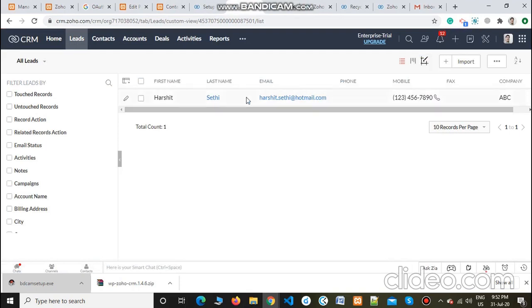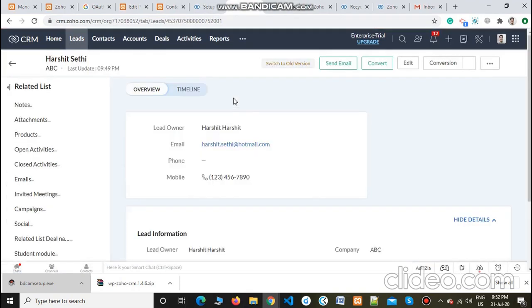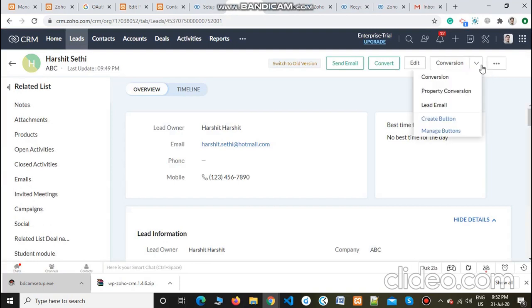Here, as you can see, I'm sending, and then clicking on that particular button, the function will execute. I'm just checking whether the mail has been sent to me or not.